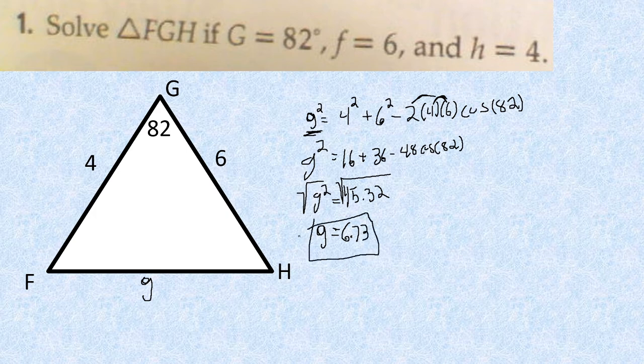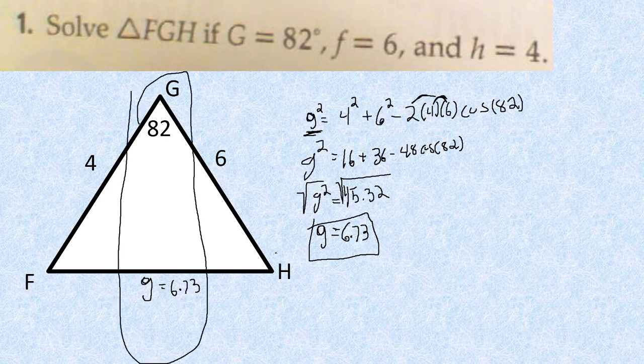And that would be using law of cosines to find your missing side length. So now that you have that this is 6.73, now you can go back to using law of sines for the other two angles here. So now I have this here. This is my pairing. Now I can use law of sines to figure out what angle H and angle F are. Now we didn't use law of sines to figure out angles last time,